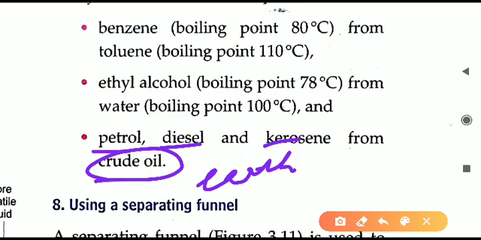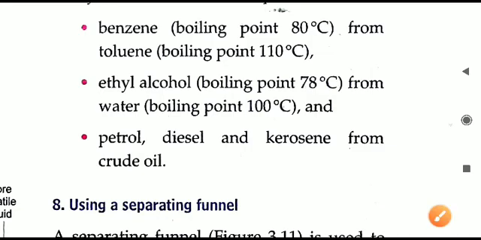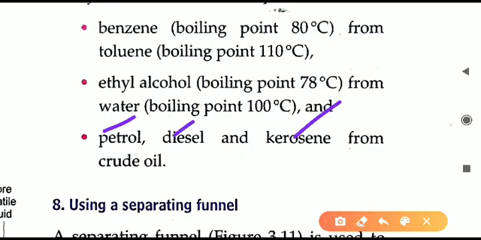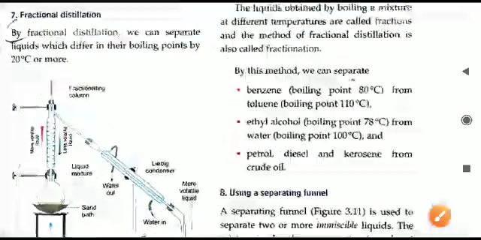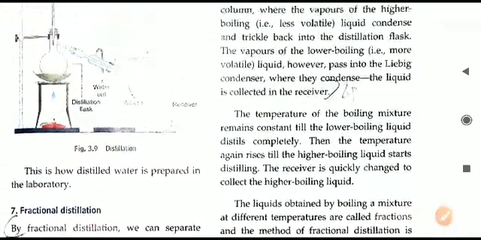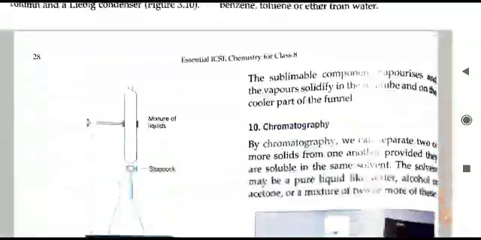We are getting a mixture of all of these, and the mixture of all the different fuels is called crude oil. That crude oil is refined in the petroleum refineries, and then by the fractional distillation process only we are getting petrol, diesel, kerosene oil and different types of fuels separate from each other. All the different fuels, the petrol, diesel, kerosene, all of them have different boiling points, and they are separated using the fractional distillation only. So this is all about fractional distillation.